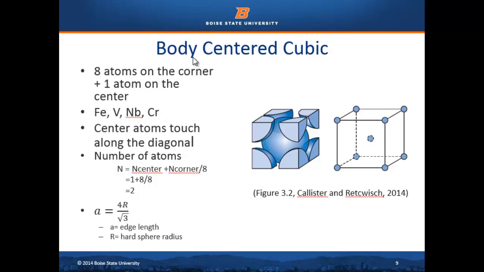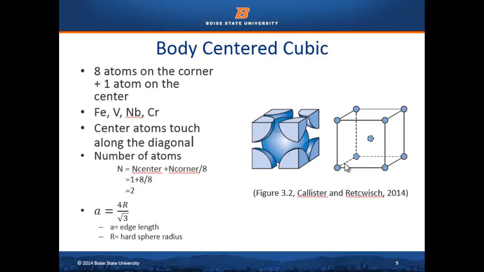First one is body centered cubic. Body centered cubic has 8 atoms on the corners and 1 atom in the center. The few metals that consist of a BCC unit cell are iron, vanadium, niobium, chromium. In a BCC unit cell, atoms touch along the diagonal. The number of atoms present in BCC is 2. It has 1 center atom and 1/8 part of an atom on each of the 8 corners, resulting in 2